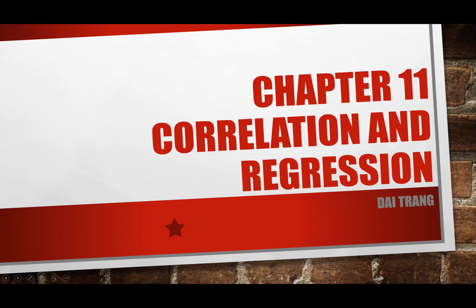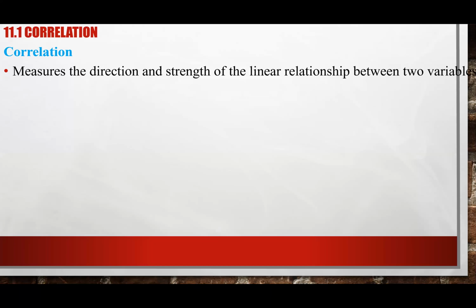11.1, we're dealing with correlation and regression. Basically, our goal in chapter 11 is, if we have data, how can we know what is the relationship between the two data that we have? Okay, so in 11.1, we will do a correlation, which basically, again, as you can see, the correlation is basically